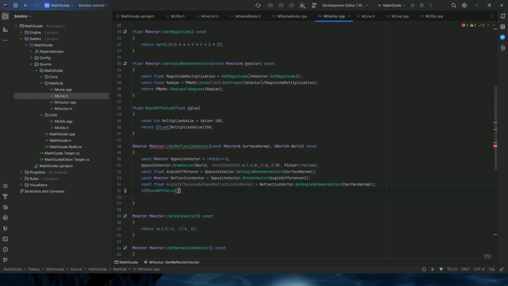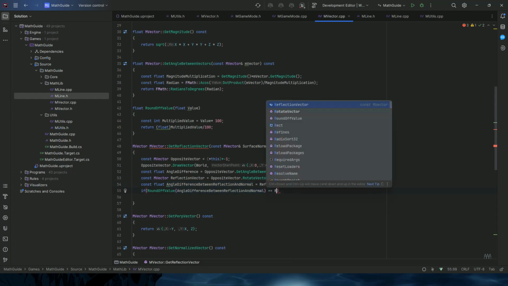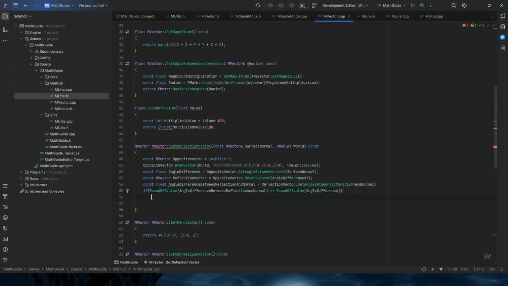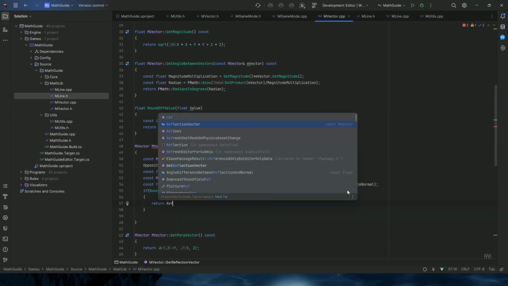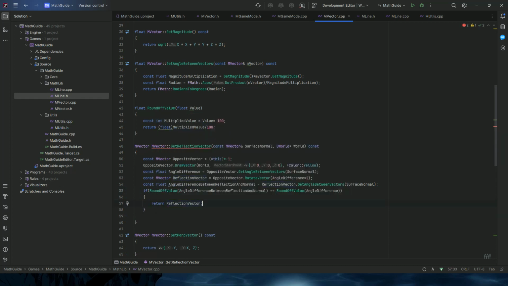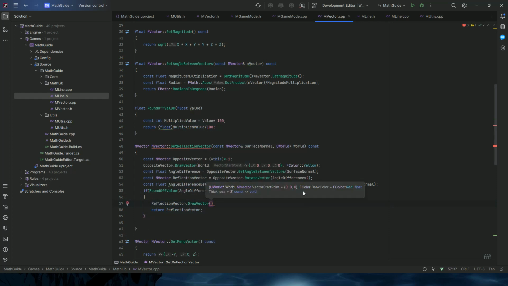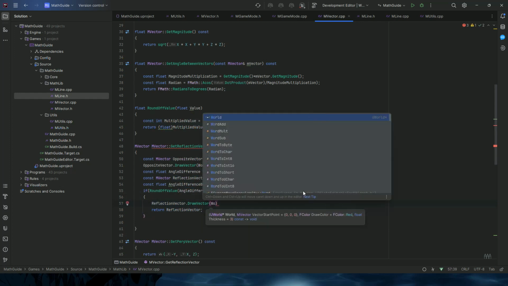So we will just round off this. If it is equal to, we will again round off, and the previous difference was angle difference. So if the angle difference is equal, then we will just return the reflection vector. And we will also draw the reflection vector with draw vector, and in this world comma,